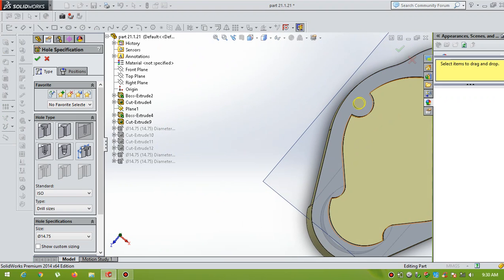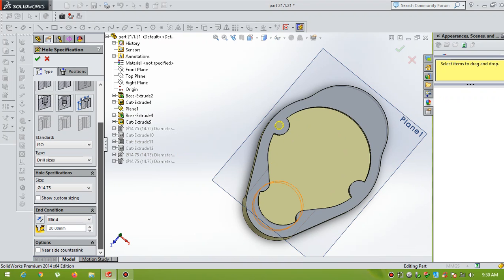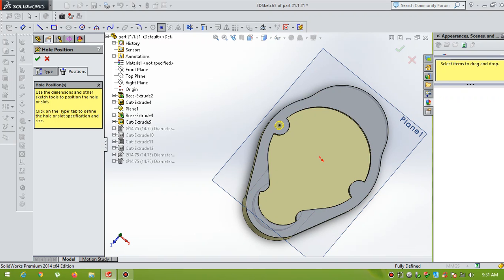On the top side I selected this because it is M16 holes. I have selected this 14.75 diameter, depth is 20 mm. The position is selected here. Whatever position you want you can keep it. Give okay.